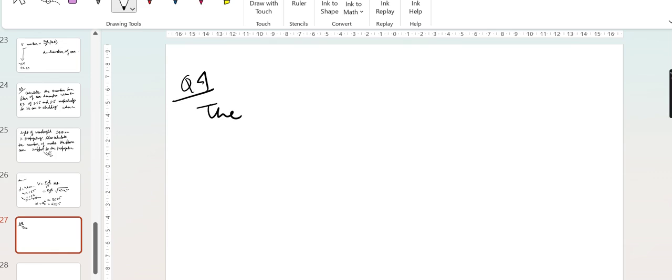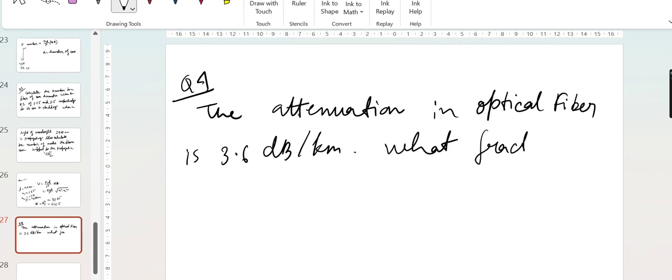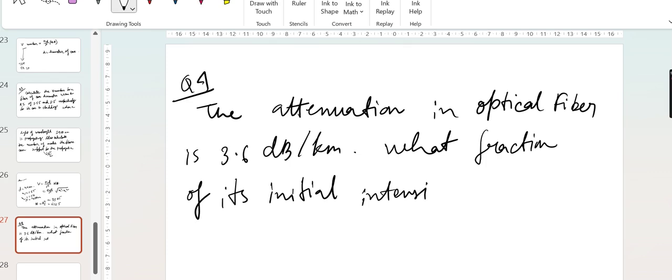Question: due to attenuation, the attenuation in optical fiber is 3.6 dB per kilometer. What fraction of its initial intensity remains after